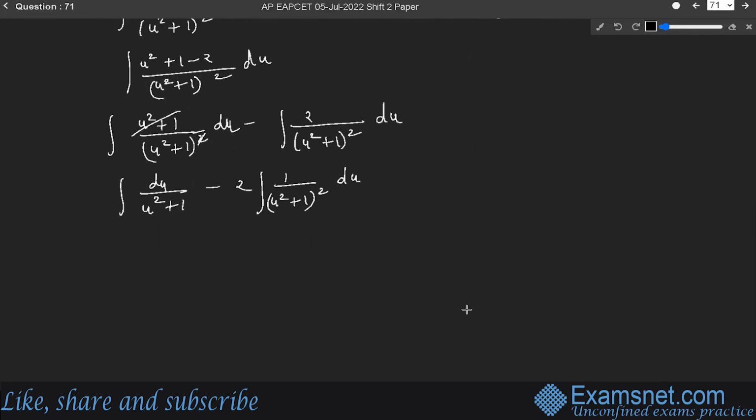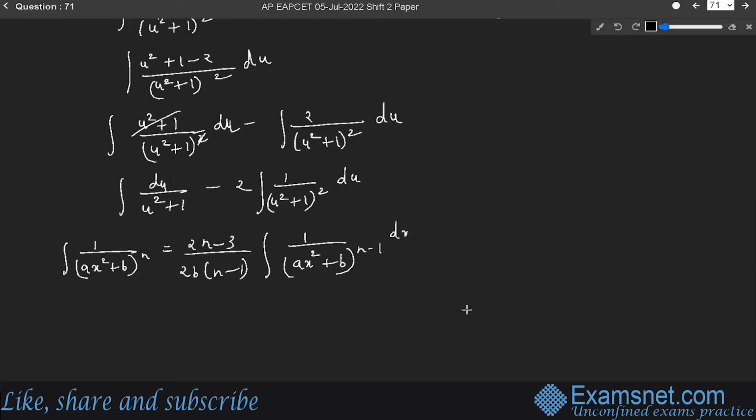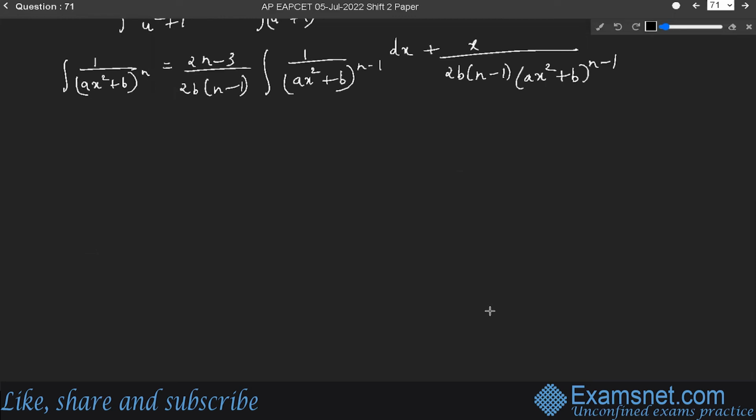So we know that there is a form which is integral of 1 upon (ax square plus b) power n is equal to (2n minus 3) divided by 2b into (n minus 1) integral of 1 upon (ax square plus b) power n minus 1 dx plus x divided by 2b into (n minus 1) into (ax square plus b) power n minus 1. So applying the same identity, our question becomes